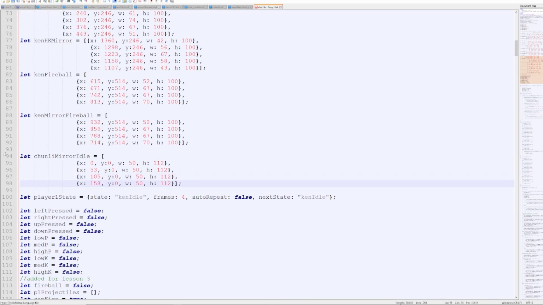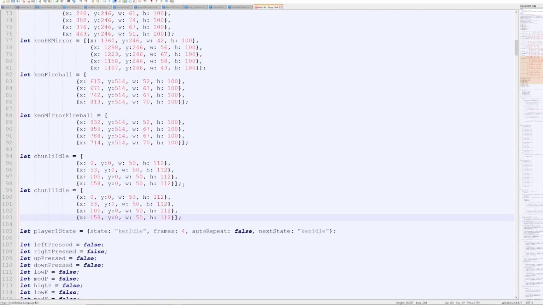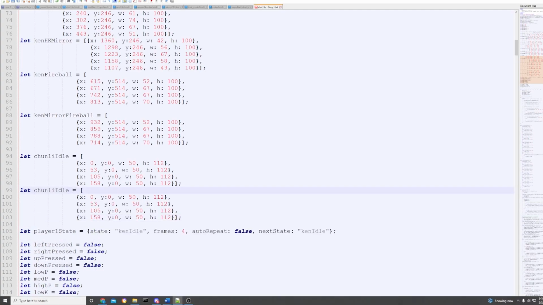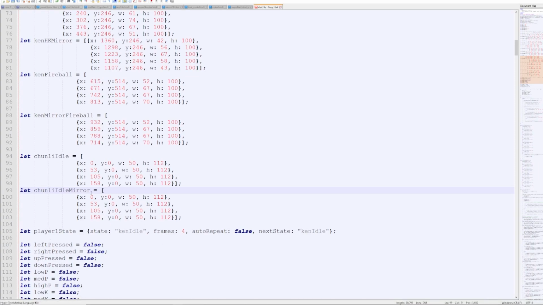Okay, and so these values are actually for the Chun Li idle animation, so we'll just change that. And so the Chun Li mirror is going to actually be some different values. We'll just go ahead and call this mirror. The X over here is going to start on the other side. So it's going to be 1399. This is going to be 1346. 1294